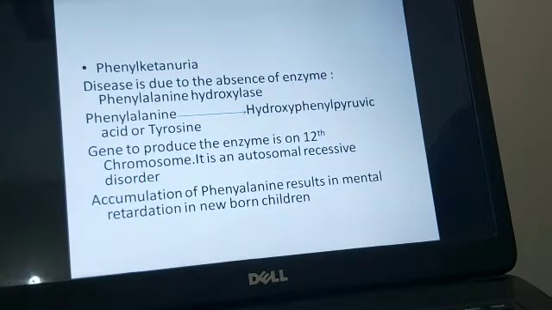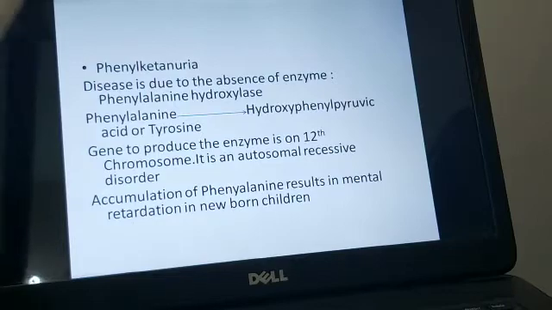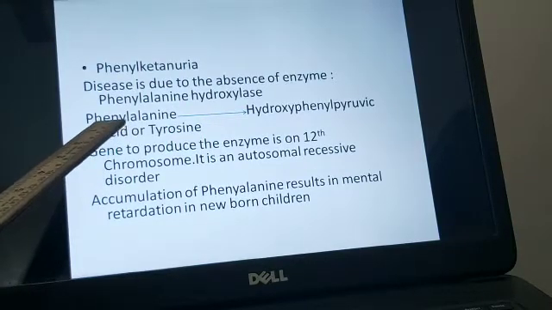If you remember, children, we have studied this disease earlier also, but nevertheless, let me quickly discuss what we have seen about this particular disease. Phenylketonuria or PKU is caused due to the absence of the enzyme phenylalanine hydroxylase. This enzyme is helpful in the conversion of the amino acid phenylalanine into tyrosine. So in the absence of this enzyme, the phenylalanine starts accumulating